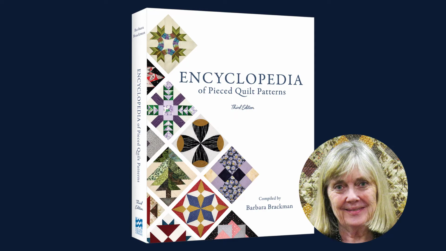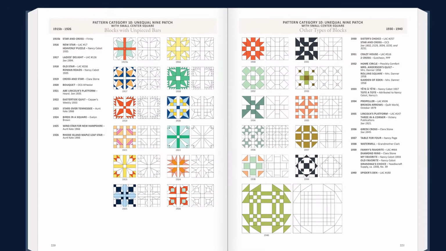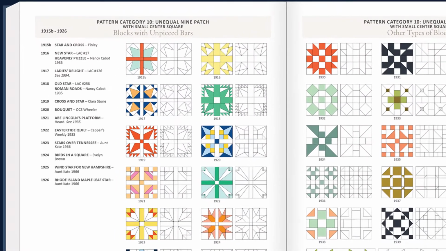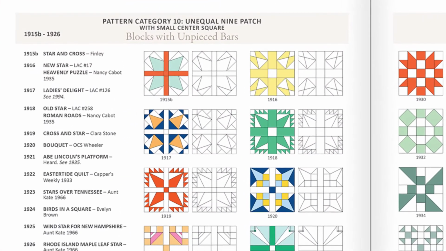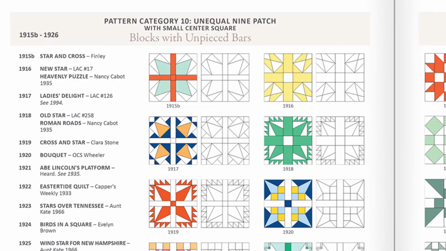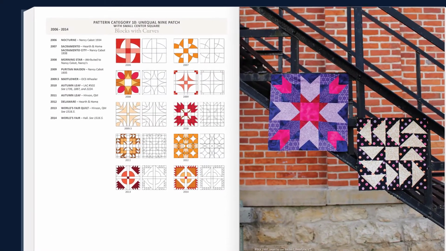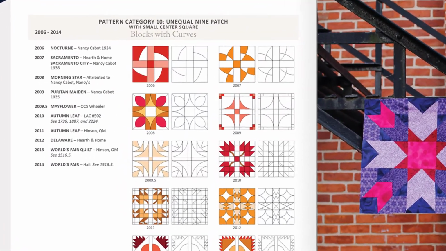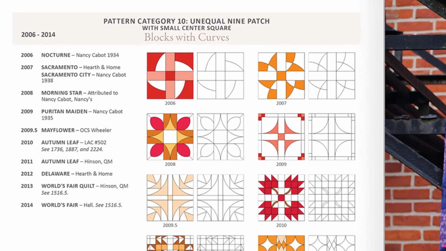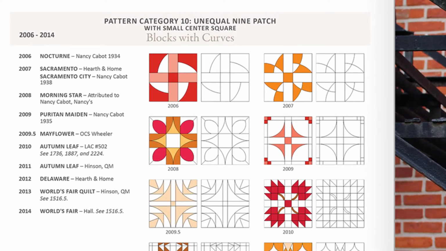Over 40 years ago, she set out to try and find the name for every quilt block pattern. She quickly discovered that quilt block patterns have a variety of names that vary by time and place. What she created instead was a great resource for identifying block designs. Her book, The Encyclopedia of Pieced Quilt Patterns, is now available in its third edition from Electric Quilt.